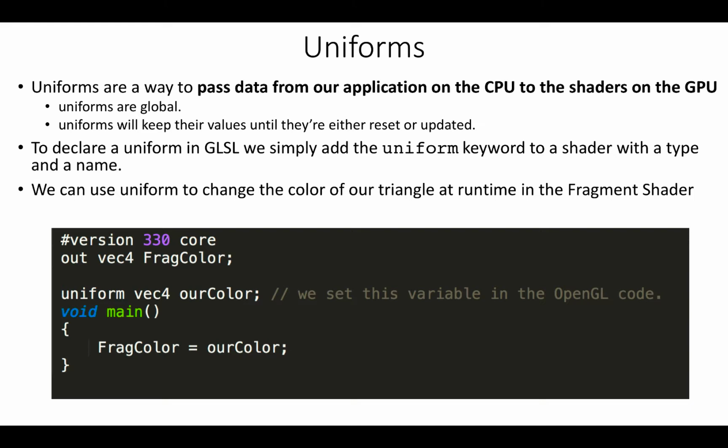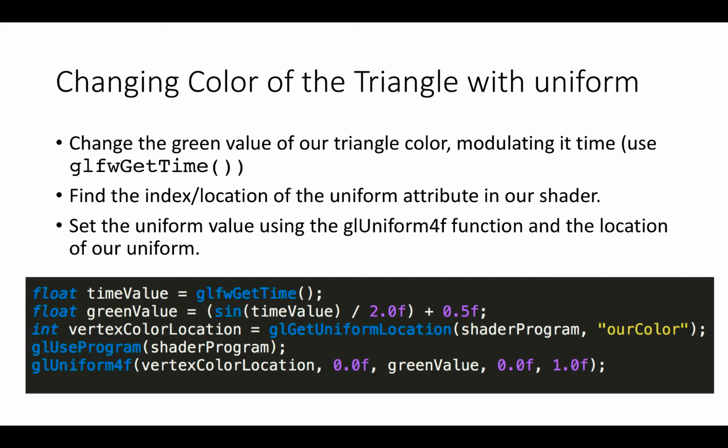To declare a uniform in GLSL, we simply add the uniform keyword to a shader with the type and the name. From that point, we can use the newly created uniform in the shader. Let's see if this time we can set the color of the triangle using the uniform. In the code I want to implement now, I want to change the color of the triangle at runtime. For this reason, first I retrieve the running time in seconds via GLFW getTime. Then I vary the color in the range 0 to 1 by using the sine function and store the result